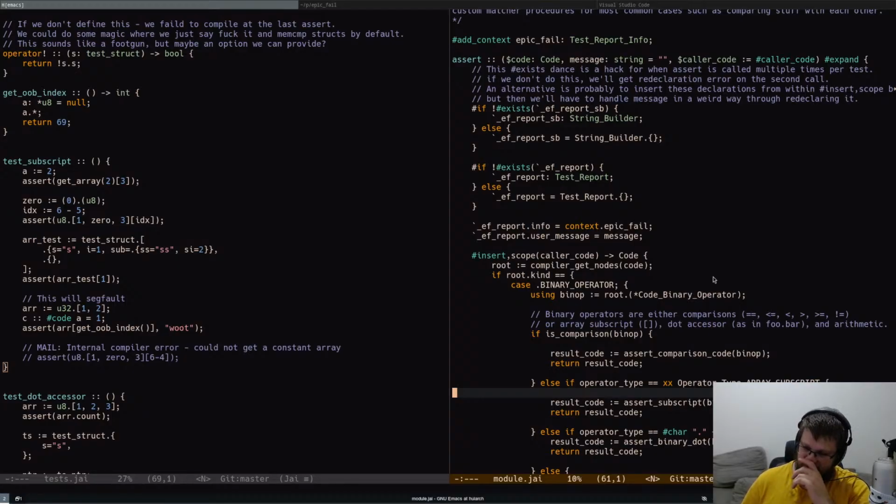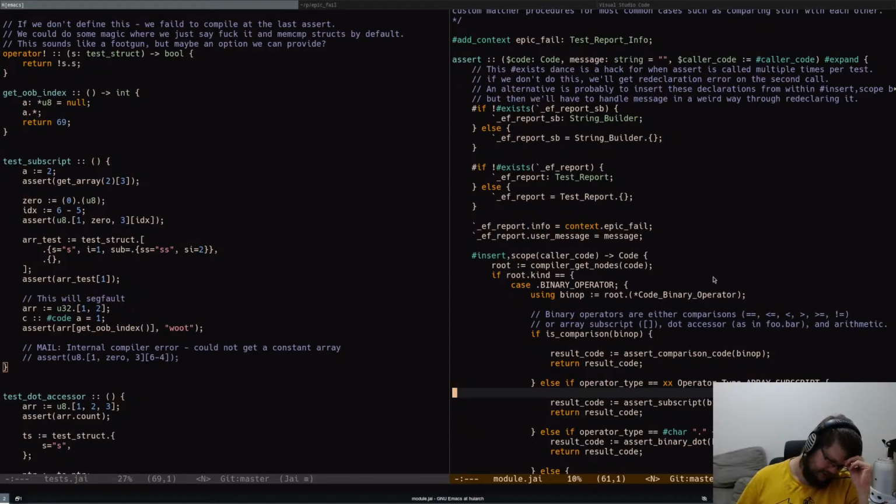Does it make sense to you? So we can execute the test. Before we execute the second test, we can take the test report from the context because it gets passed by pointer, and we could put it in an array,